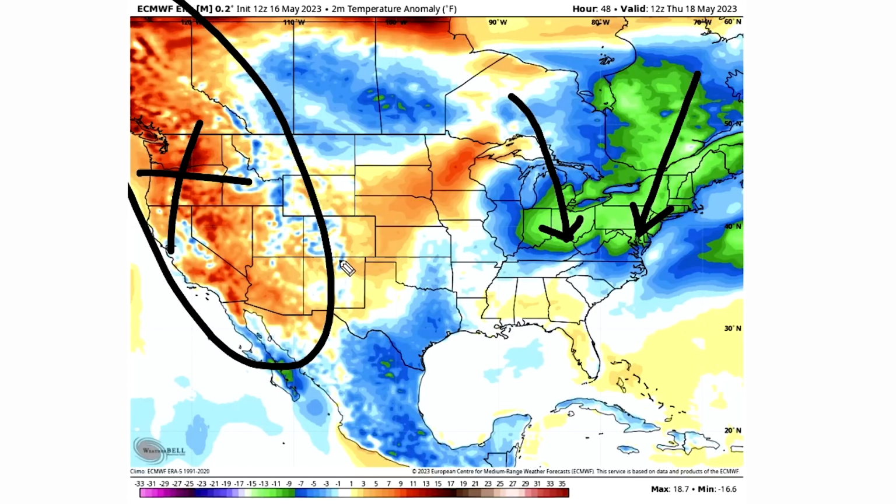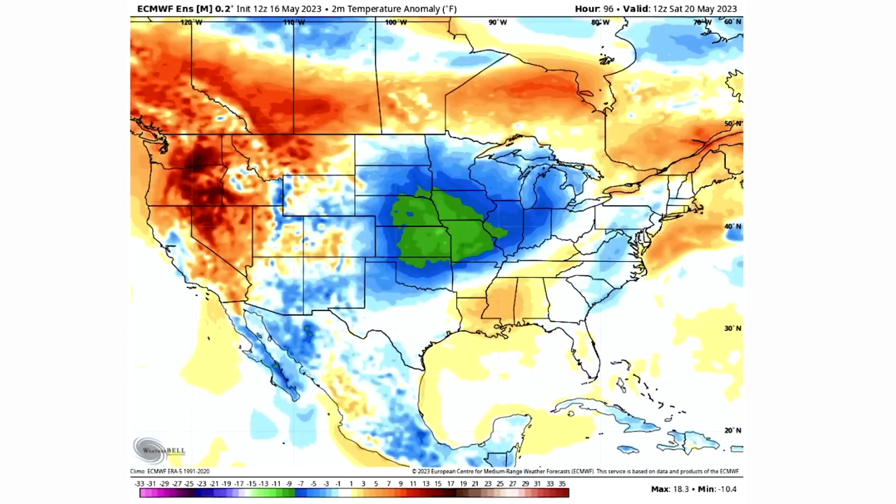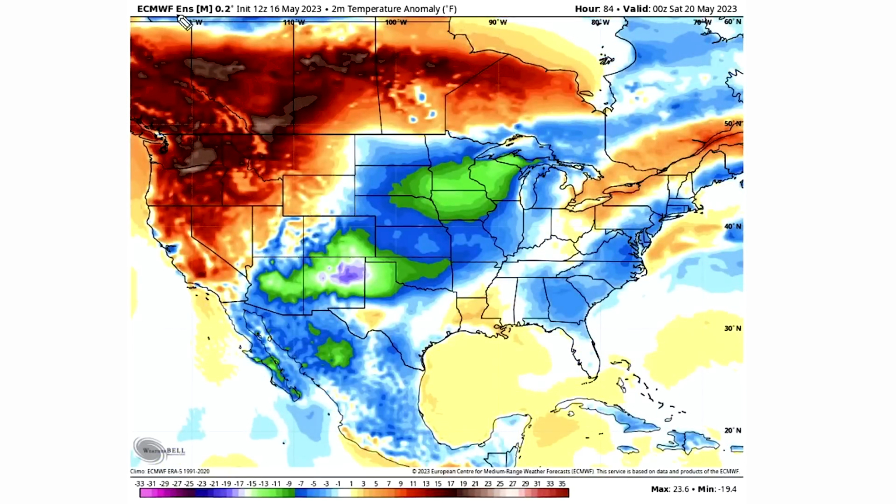The most consistently above average area is going to continue to be this west coast of Canada and the United States. As we just keep going with this Friday, Saturday, Sunday, we're still seeing the cooler conditions. Here comes Arctic blast number 2. So you see, anything north of here is nearly the Arctic, but it has come from way further